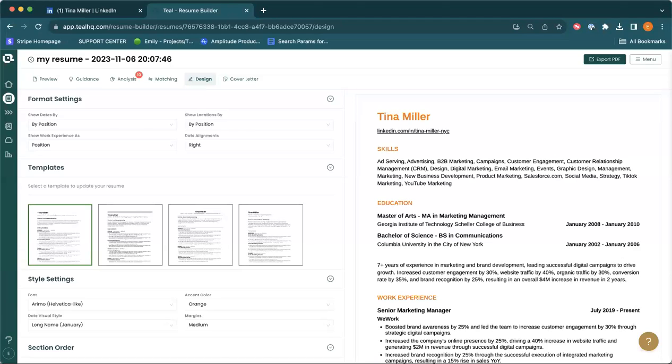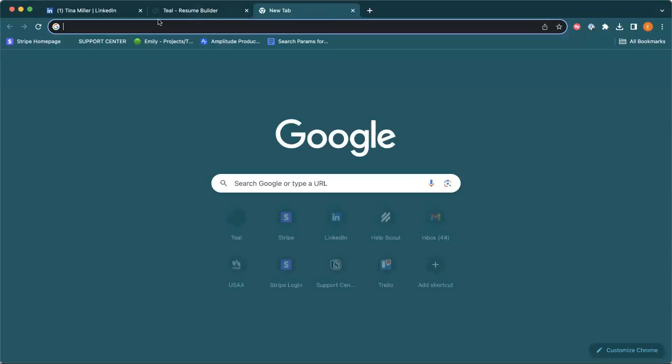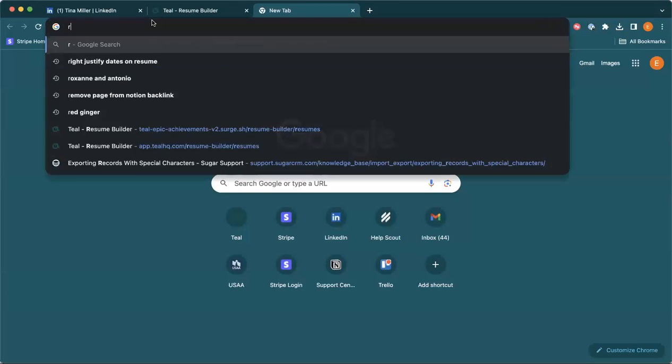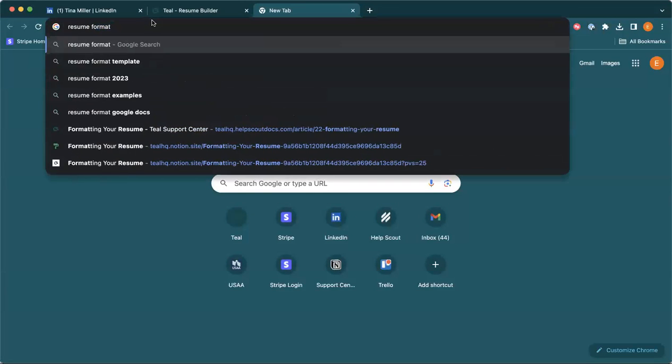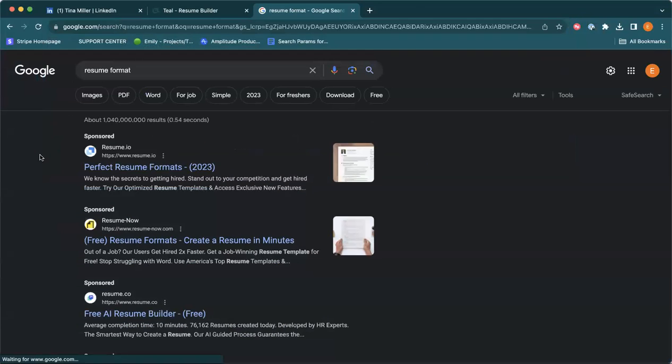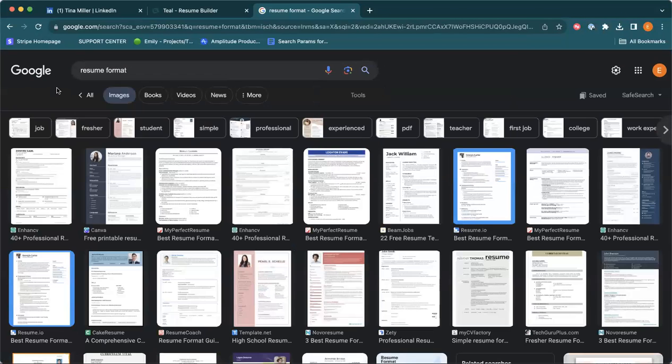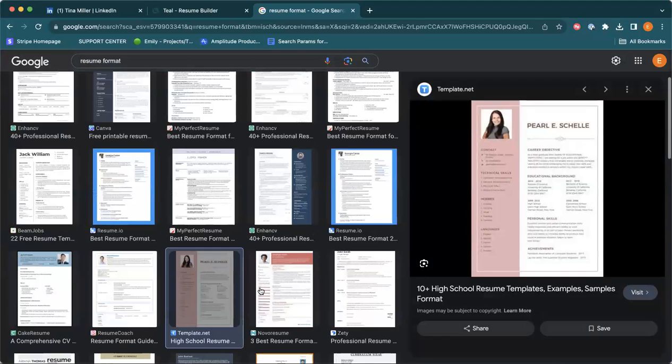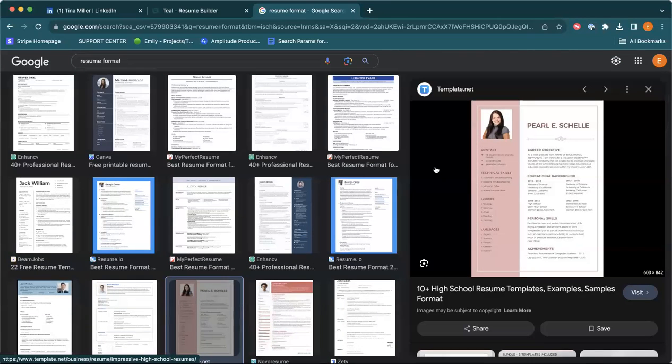And I'd actually like to give this advice while showing it in real time. So Emily, if you could open your web browser and look up resume format in the text, I want to show guys how you can focus less on the format and focus more on, this is perfect. Yeah, resume format, focus more on the content, and then go to images. Wonderful. And I'd love for you to pick, there's the second column, there's a pink resume with a lovely picture. So we're going to talk about how your resume should be formatted, and we're going to use this as an